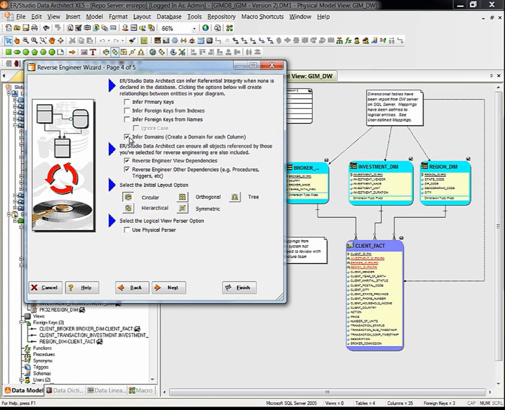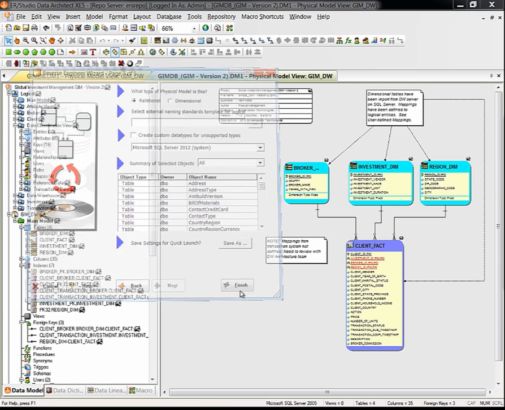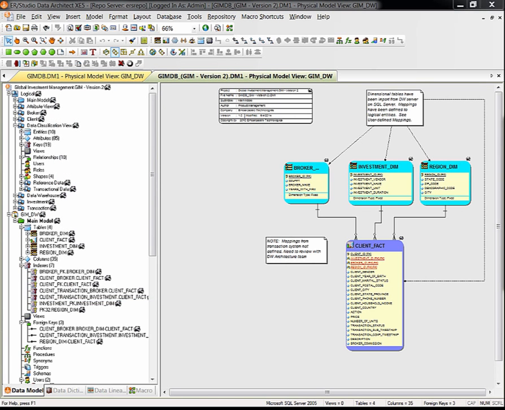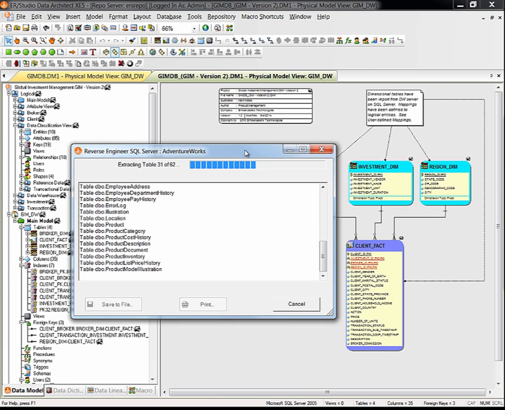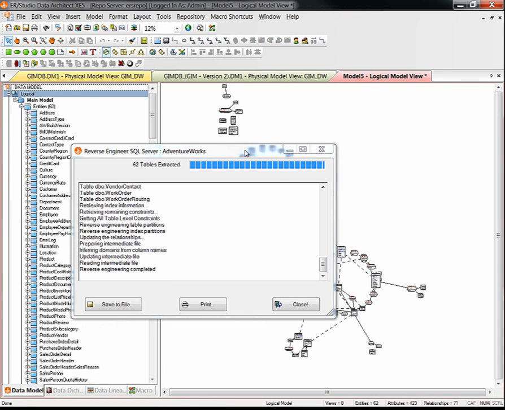And a domain within ER/Studio is just a reusable column in our data dictionary. And again, our data dictionary is just a list of reusable objects. So I'm going to infer the domains here. Hit next. And finish. And this will go through the process of reverse engineering my database and creating the domains in my data dictionary. So a domain can be bound to multiple